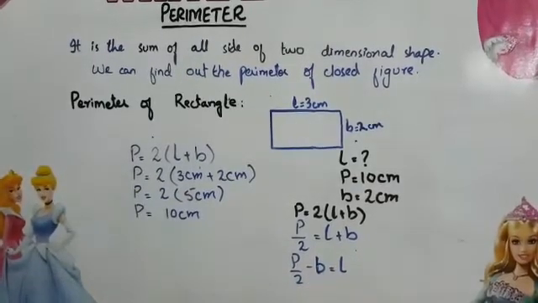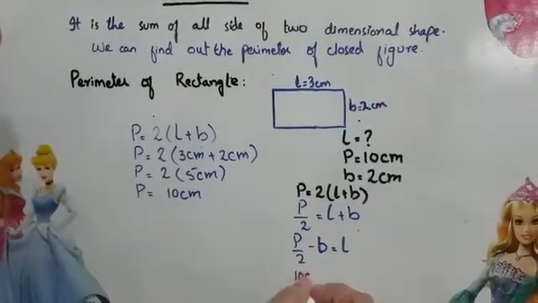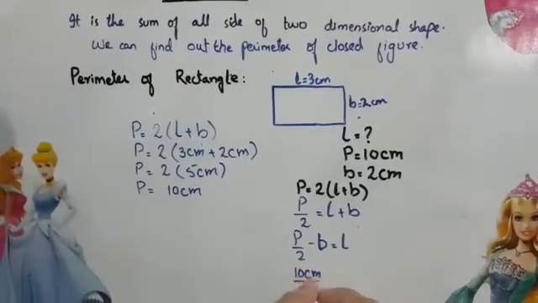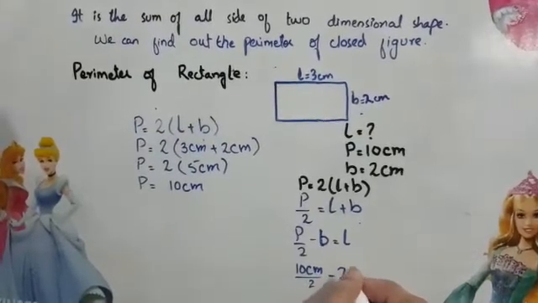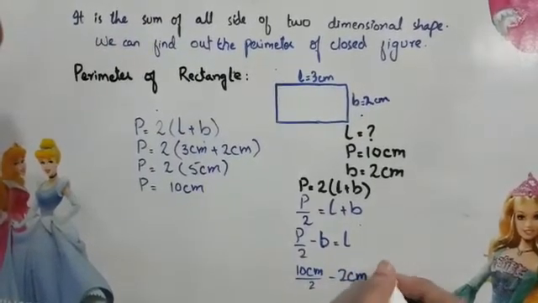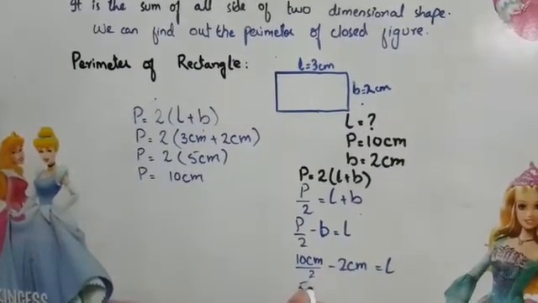Now put the value of breadth and the perimeter. Ten divided by 2 equal to 5 centimeter